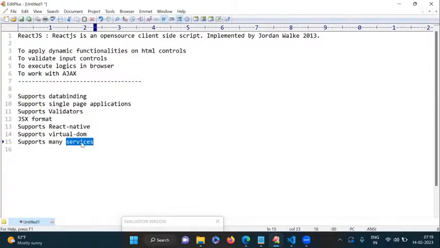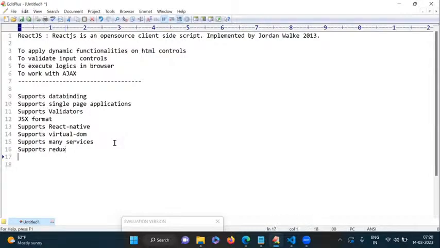So here, if you want to work with Ajax, one predefined service is available. If you want to work with cookies, one predefined service is available. Different types of services are available, and we are working with these services. Okay. So I will discuss how to use these services, all the concepts, later. Next one here,